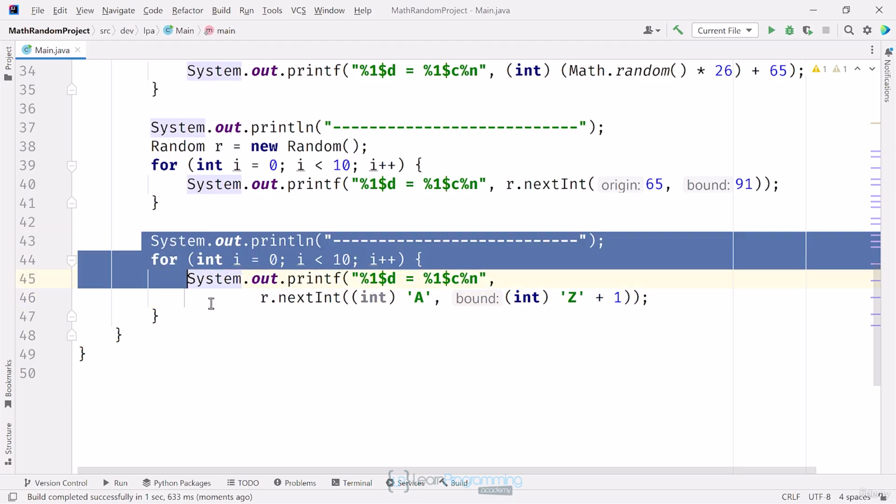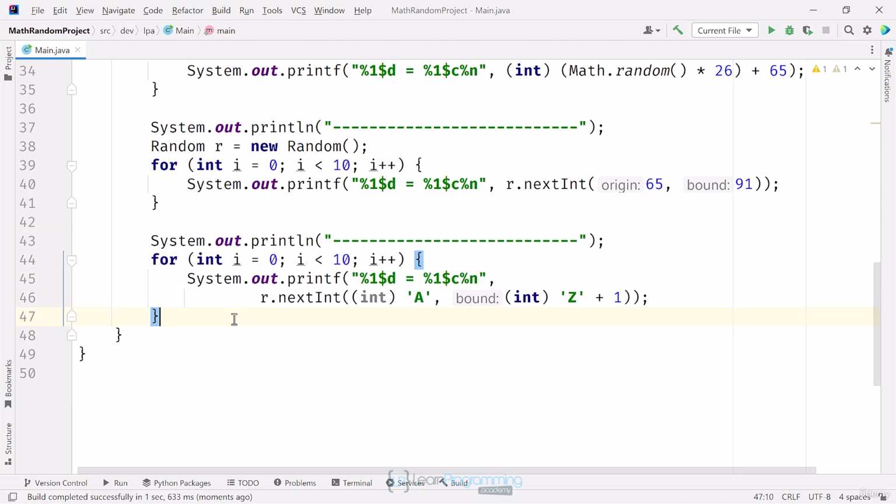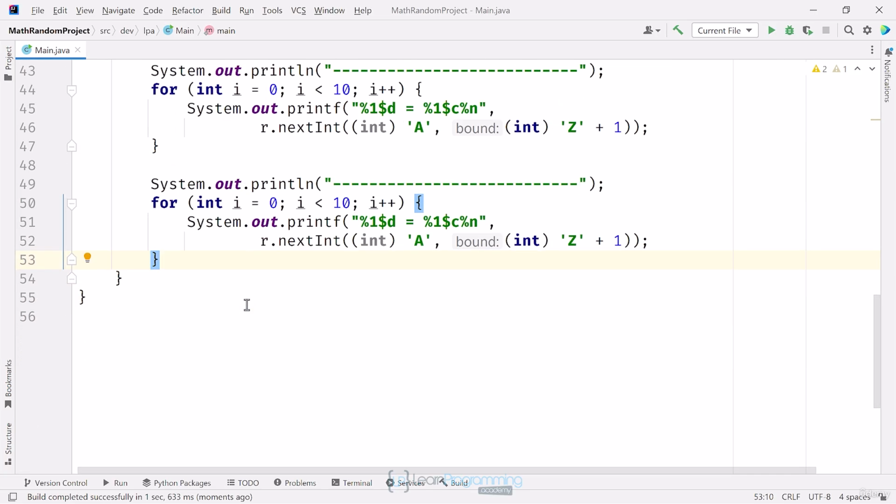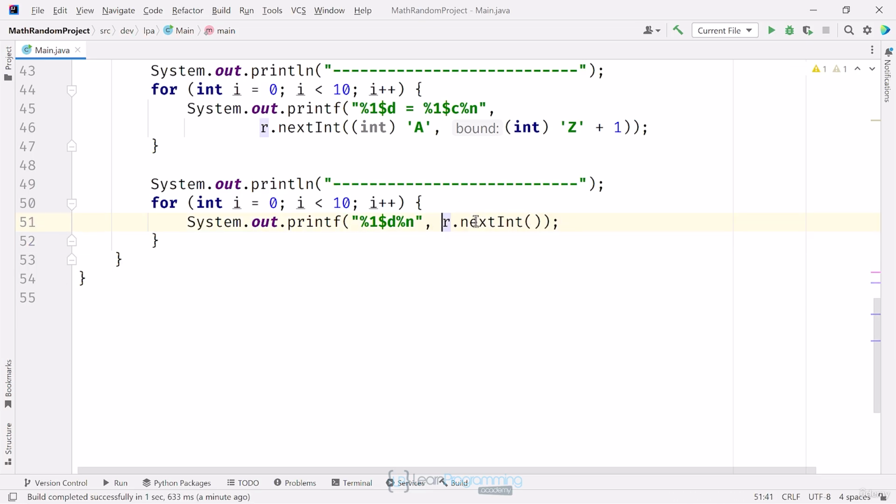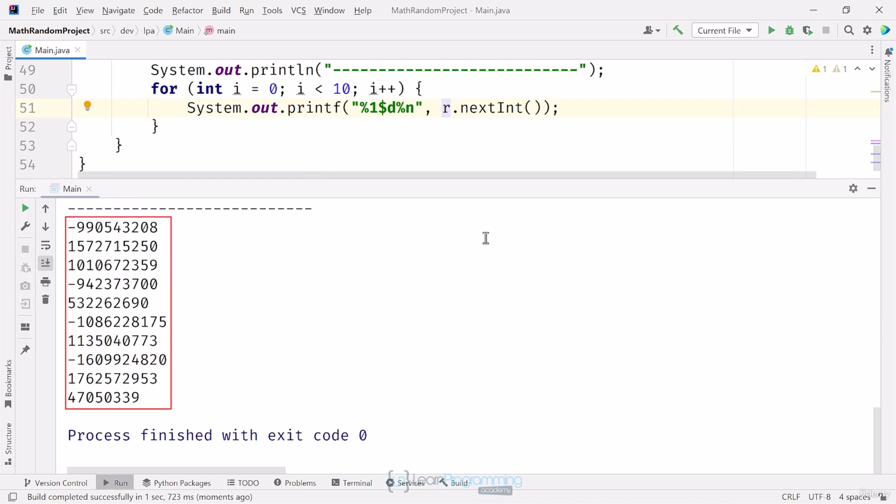I'll copy lines 43 through 47 and paste that copy just below on line 49. I'll first change my formatted text. I'll remove the equal sign and the code after that, except the %n. I'll also remove the arguments to nextInt. I'll just move that second argument back up to the previous line. Running this code, you can see that for this method I may get up to the full range of integers